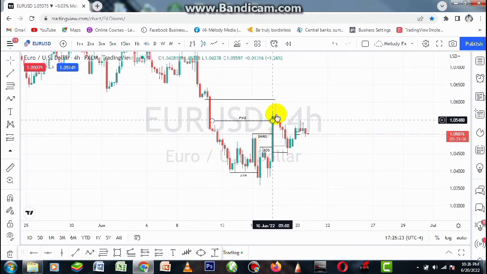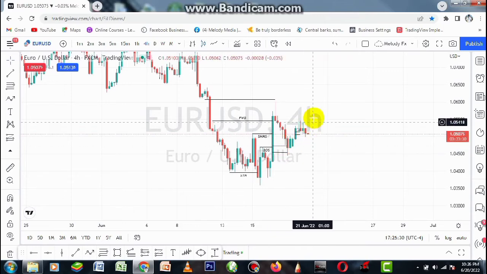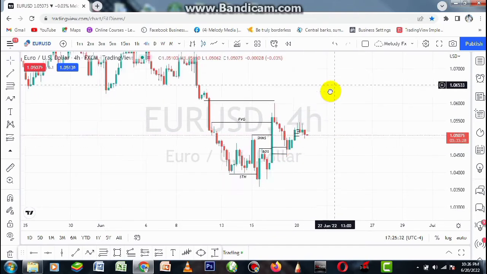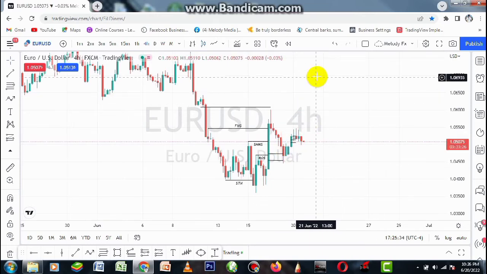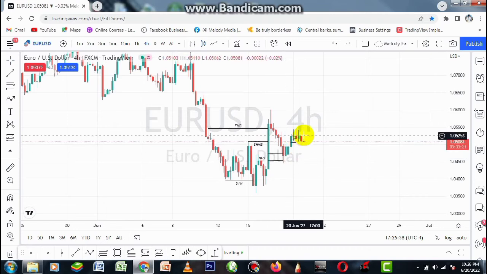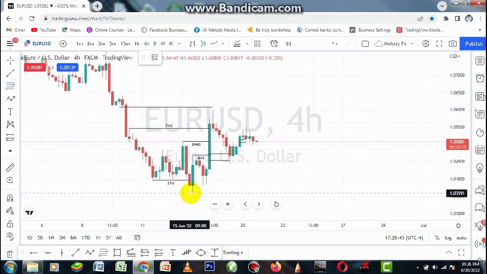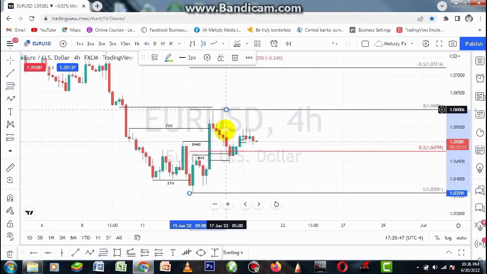Looking at this range, we have two ranges here. You can look at this range, which is a move below 50%, and currently we are in the premium. Although price is consolidating, we are still very much in premium. If we use this range, which is the one that shifted structure up, originally our dealing range, price as you can see reached below that, and although it's consolidating,